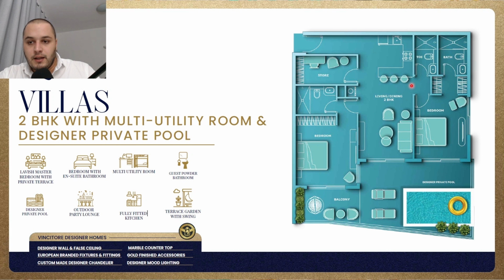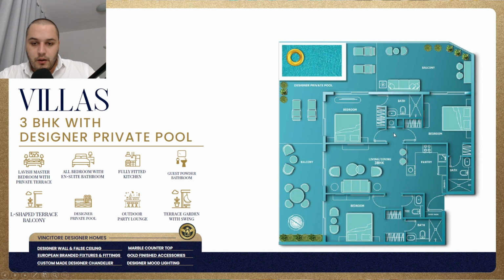here and here. What's interesting also with this particular layout is that here you have a third full bathroom, because this part here represents the standing shower, which means that it can be easily utilized if you have a maid, a nanny, or somebody who will be using the study room right here, and of course a connected balcony with a private pool. Now, for 3-bedroom apartments, we have